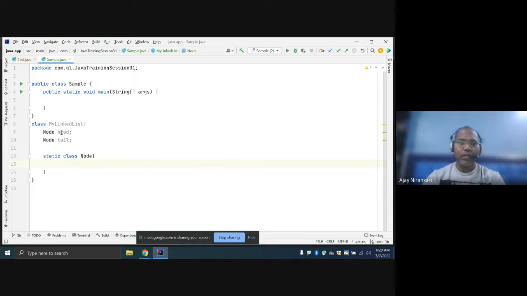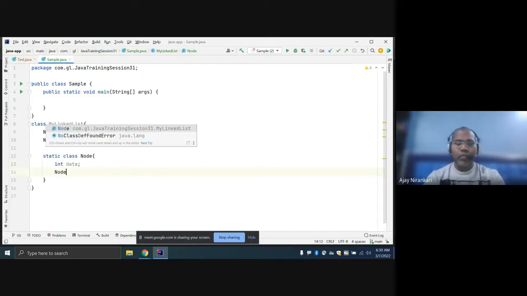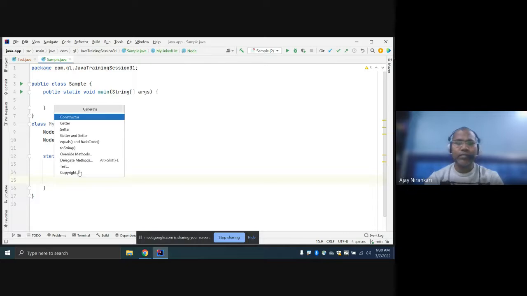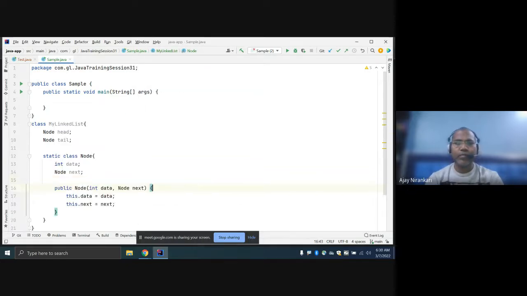Let us have two variables: one integer, your element data, and second, Node next. And just write one constructor. So this is our node.